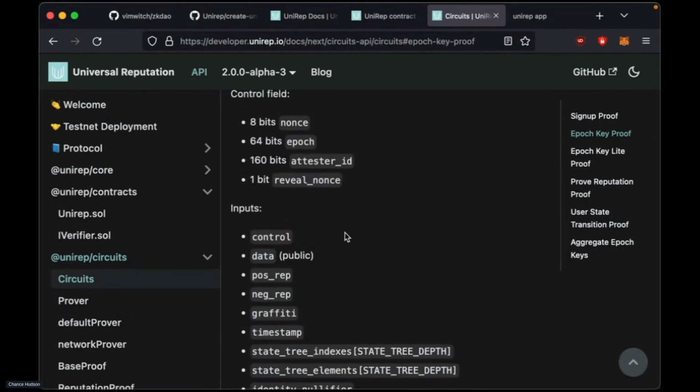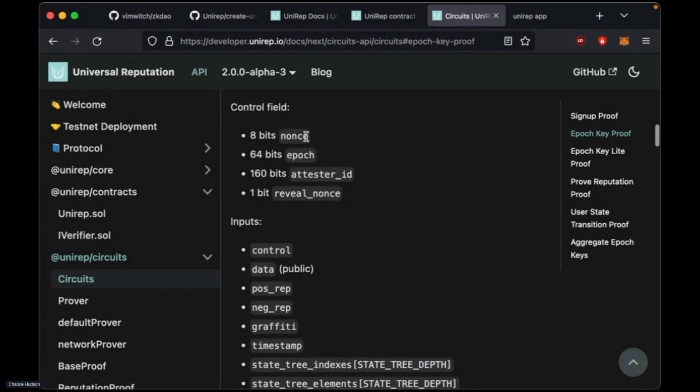And so what we do is we use one signal and we just say the first 8 bits are for the nonce, the next 64 bits are for the epoch, the next 160 bits for the tester ID. And then in the zero knowledge proof, we parse out certain bit ranges and convert them into full integers inside of the proof. By doing this, we reduce the number of public signals, which reduces the verification complexity, which reduces the amount of gas used to verify.